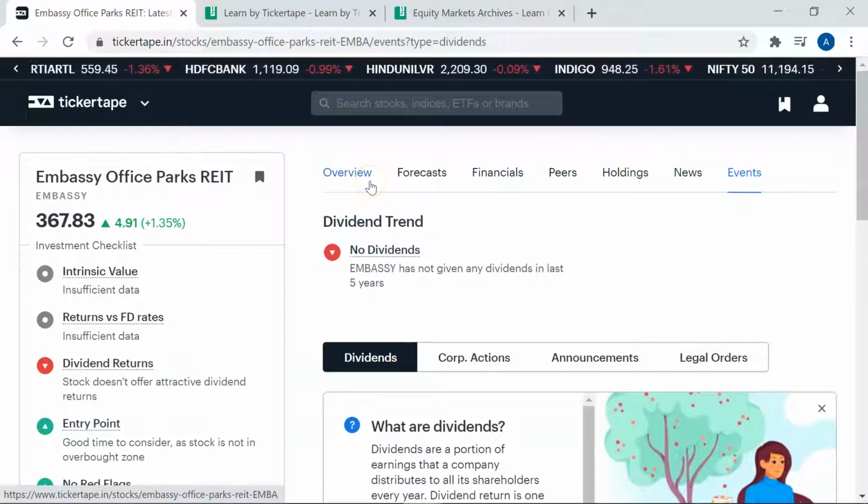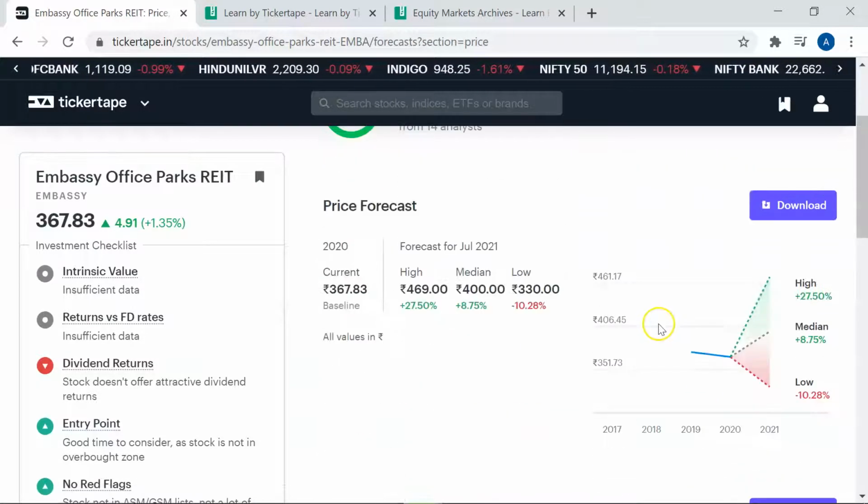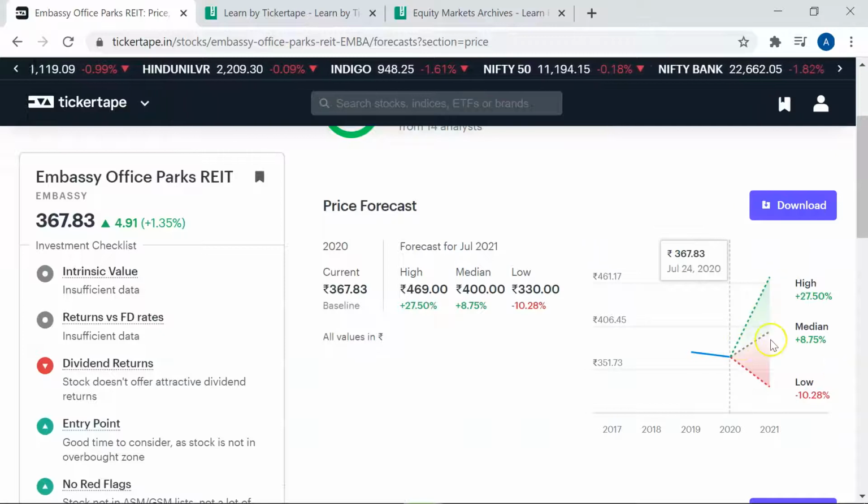But if we see the advantages, they definitely outweigh the very few disadvantages. Coming to the advantages, you forget about this prediction forecast, because as I have seen now, so far I have opened 3 to 4 stocks. For every stock it is showing one high value, one low value. Median is of course the average of both of them. So what is the use? We cannot really predict how this stock performs in the next 1 year.